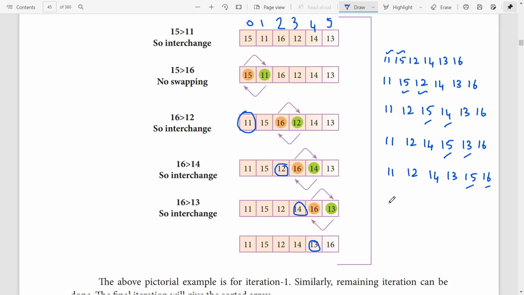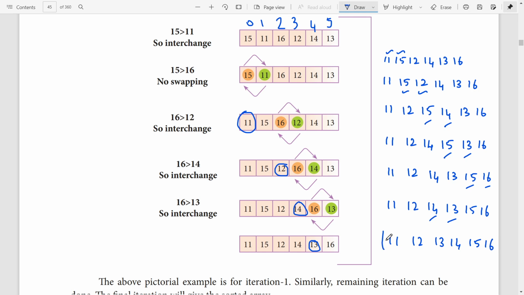Again, we are going to compare 11, 12, 14, 13, 15, 16. Now we compare first 11 and 12. It is in order. Next 12 and 14. It is also in ascending order. Next, I'm comparing 14 and 13. It is not in ascending order. So we are going to rearrange 13 and 14 like this: 11, 12, 13, 14, 15, 16.